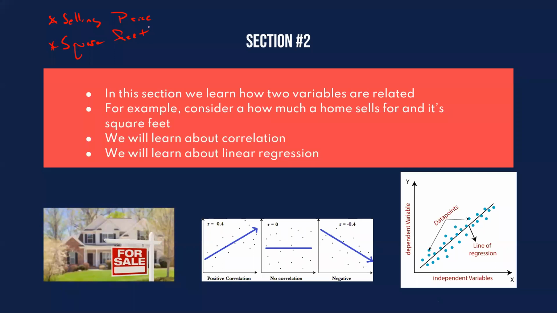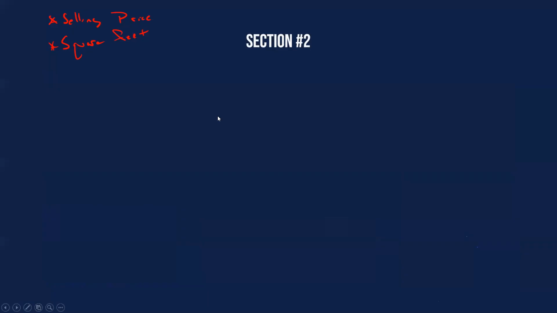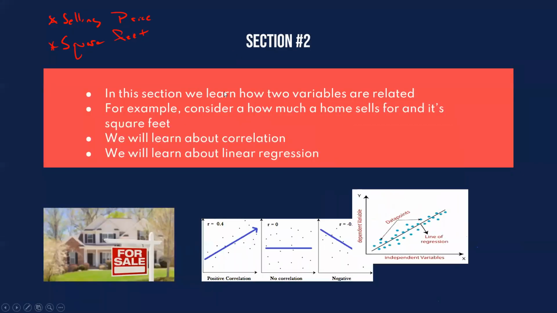First we're going to learn about this measurement called correlation, which measures the strength of the relationship between the two variables. And then we're going to learn about linear regression, which is how you model the relationship between the two variables. We're going to make very heavy use of our graphing calculator in this section. I hate to re-hit this point, but by next week, hopefully you have your graphing calculator with you. Mine just got delivered. Good, because we'll even start using it for some of the descriptive statistics stuff. But when we get to this section, we're going to need it every day.